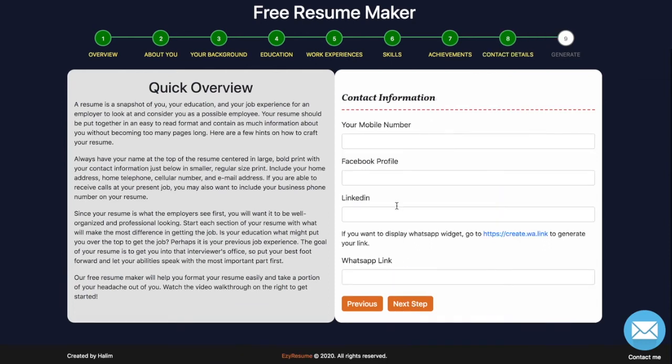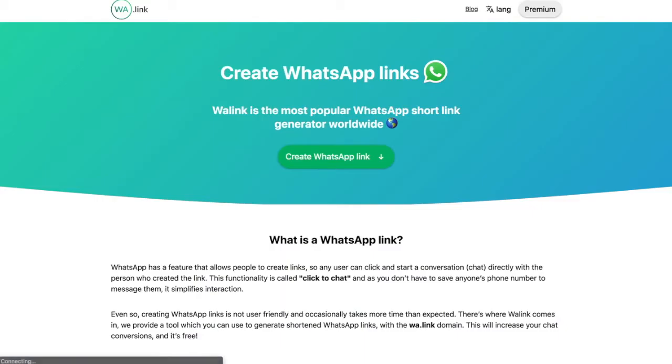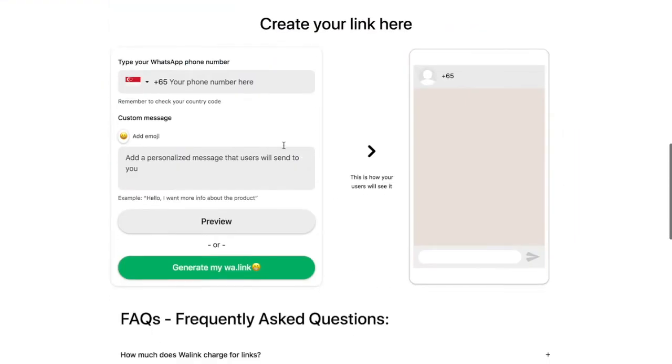So click on next. Now basically just enter your mobile number. Right, so this is just an example. Then your Facebook profile, your LinkedIn, and your WhatsApp. So to do this, the WhatsApp link, you just go to here. Then this page will appear. Just create WhatsApp link, enter your number,